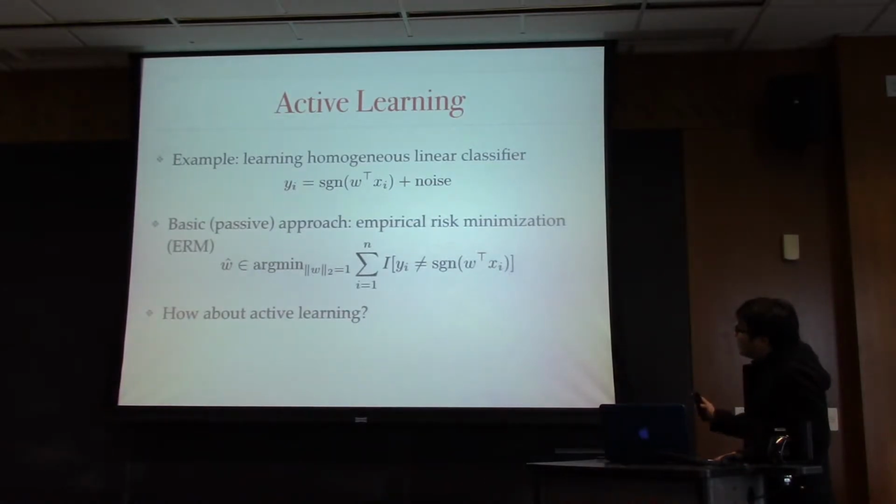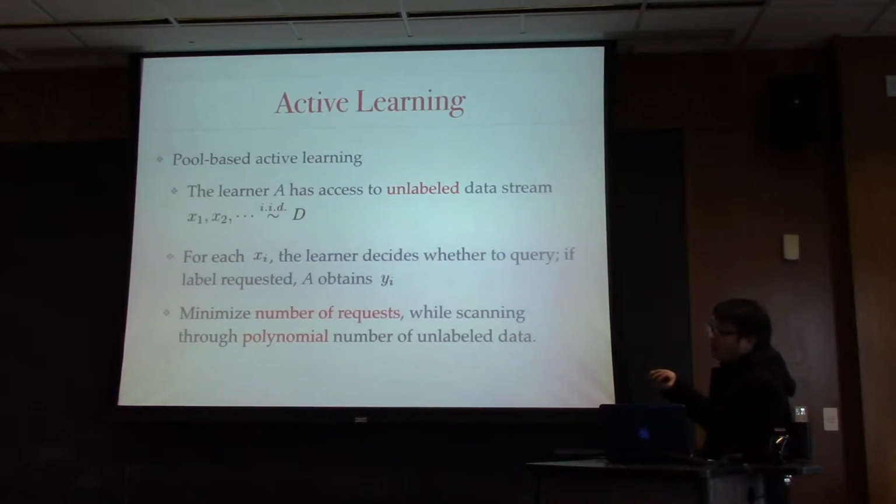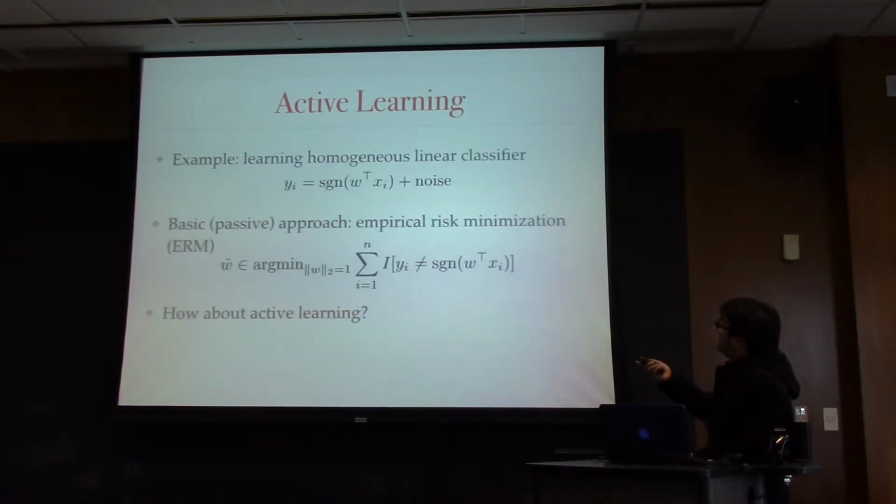Yes. And are we assuming here that xi is drawn from a distribution, or just that the noise is drawn from a distribution? Xi is IID, I'm assuming. So xi is still drawn from a distribution? Yes, xi is still drawn from a distribution, and x and y will be drawn from a joint distribution in this case. Yeah, exactly.